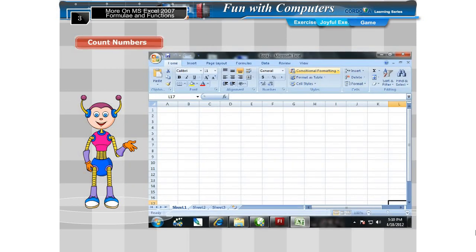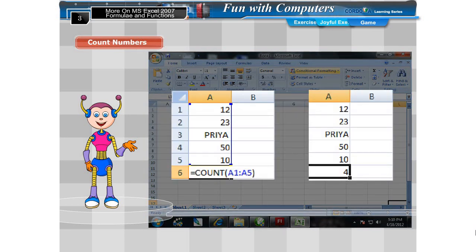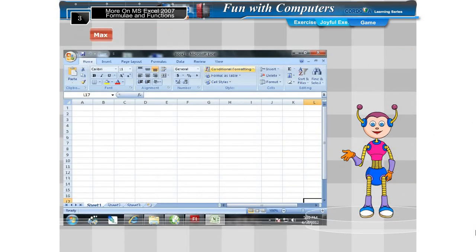Count. It counts the number of cells in a given range of cells that contain a numerical value. Syntax is equal to COUNT(range of numbers). Example: =COUNT(A1:A5) gives the output 4. Max. It returns the largest value in a given range of cells.